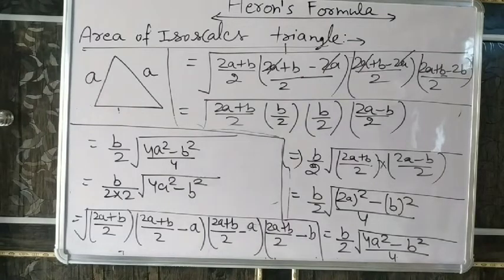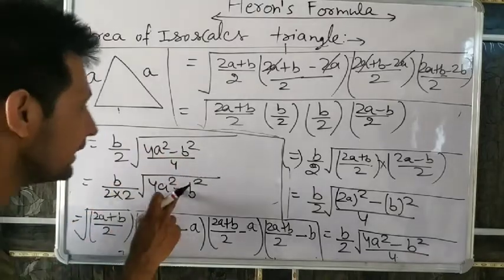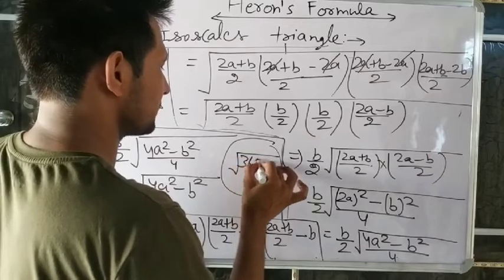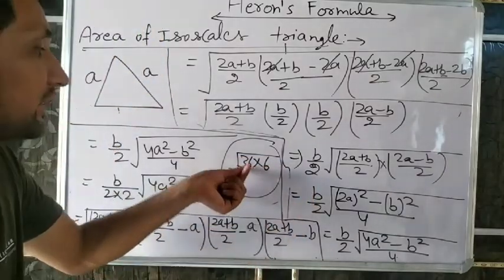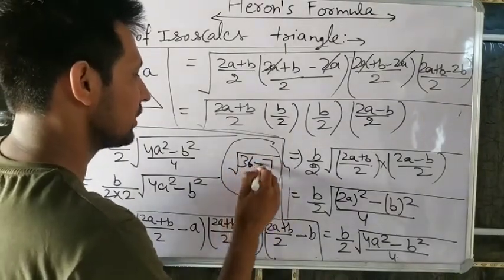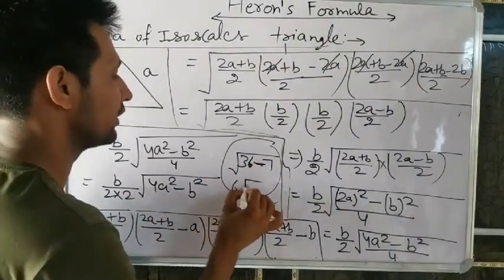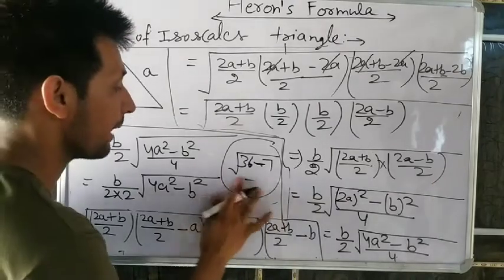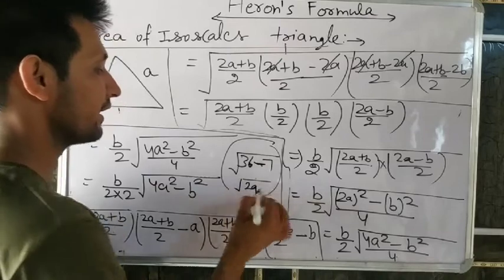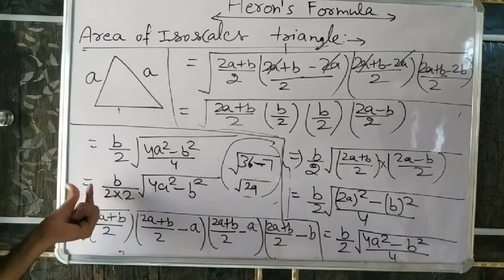Some students are thinking, sir, why are we not writing 4 outside from 4a square? Because it is here in minus. If all numbers are in multiplication, 36 into 6, then we can write the square root of 36, which is 6, outside. Understand or not? If they are in minus, we cannot write 36 minus 7 as square root of 36, 6, and under the root 7. No, it is wrong. It is here in minus, because 36 minus 7 is 29, and the square root of 29 we don't know. So if plus or minus is given, we cannot write it outside.